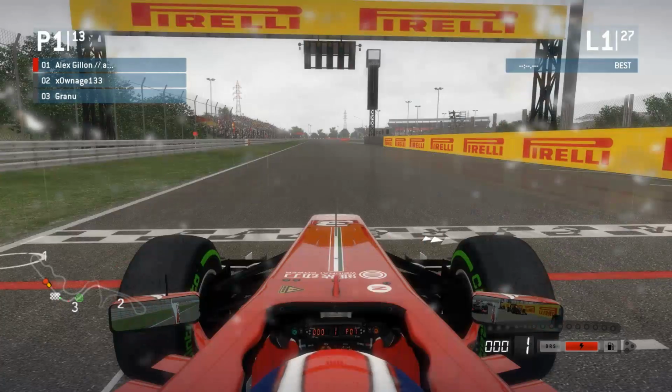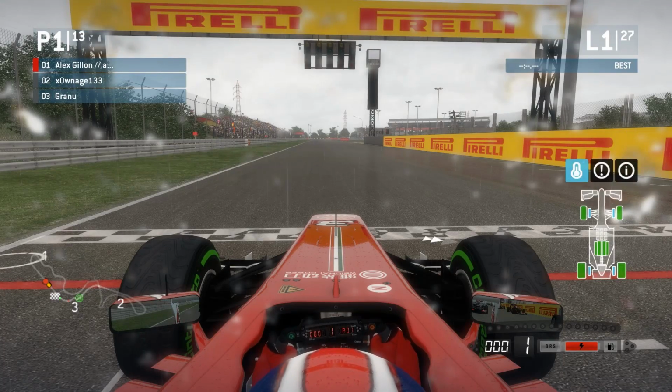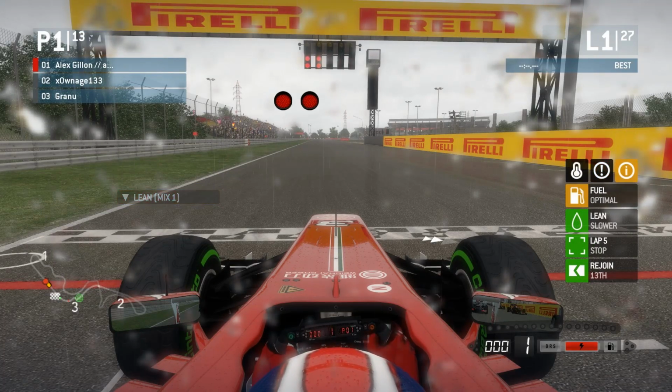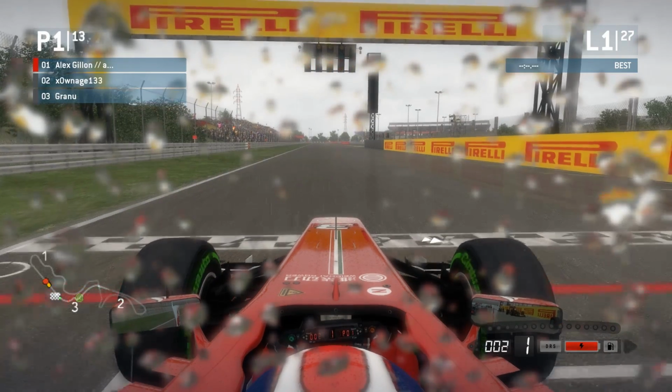So on the grid now then, so it will of course be a wet start then, so it should be interesting. Need to try and get away from the line cleanly if I can. So now I've got control of the car then, and just waiting for lights to come on. I'm going to go to lean while I'm sat on the grid here, don't waste any fuel. We're now going to go to rich then now, 4 lights, 5 lights then, and they're out then, so straight